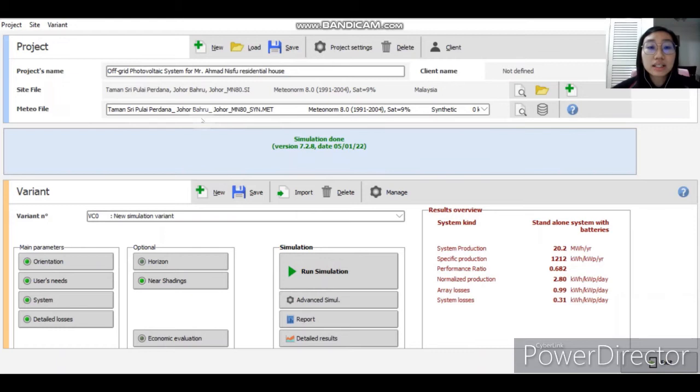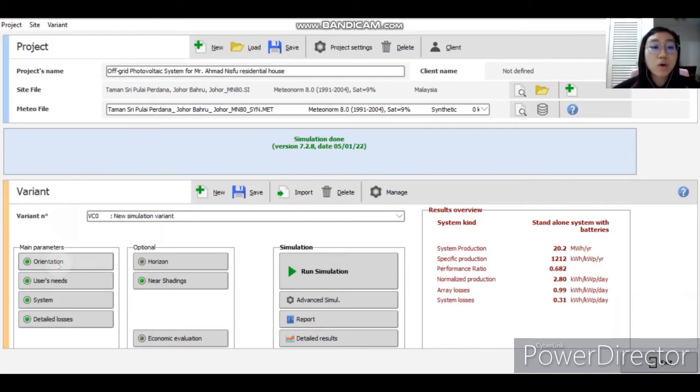And this is the residential house for Mr. Ahmad Nifu. In this, we are going to set the geographical site parameters, which are the latitude, longitude, altitude, and also the time zone of this area. And after setting the location and also the material, we can go on to set the main